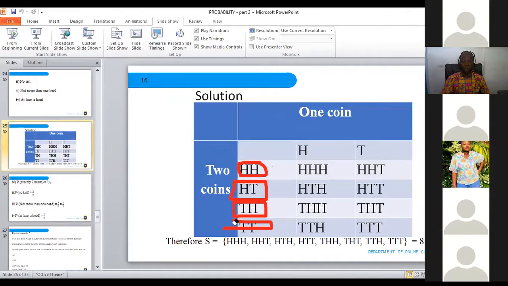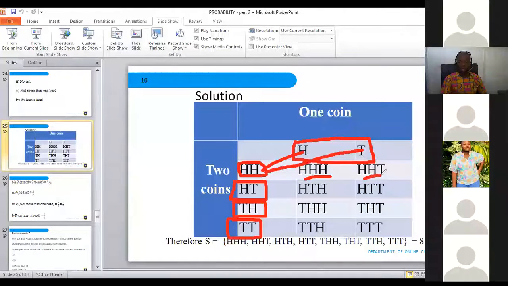Sorry, let me erase this so that you can see it clearly. So we have the tail, tail. And if I toss the remaining coin, the 1 coin, it will also give me the head and then the tail. So I need 1 here, 1 here, 1 here, 1 here. Now, this and this will give me head, head, head. This and this one will also give me head, head, tail. If you go through the process, this one and then the first head here will also give me head, tail, head. You go through the same process, you are going to get the sample space to be 8, so that